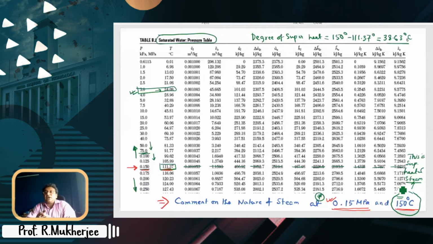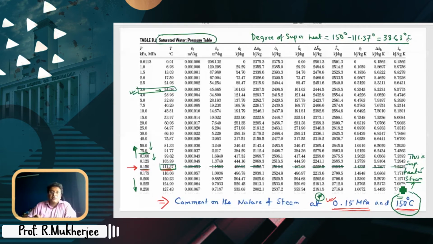Saturated water is water converted to steam at its normal boiling point at a particular pressure. So I'll put it like this in very simple terms. At 1 atmospheric pressure, we all know the normal boiling point is 100 degrees centigrade. So saturated steam essentially means that water has been converted to steam, the temperature remains 100 degrees centigrade and pressure is 1 atmosphere, right?